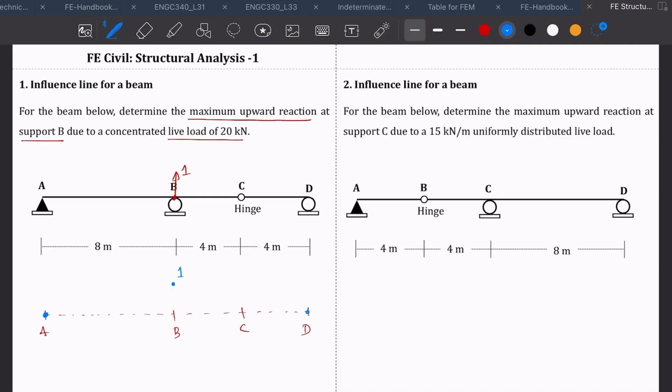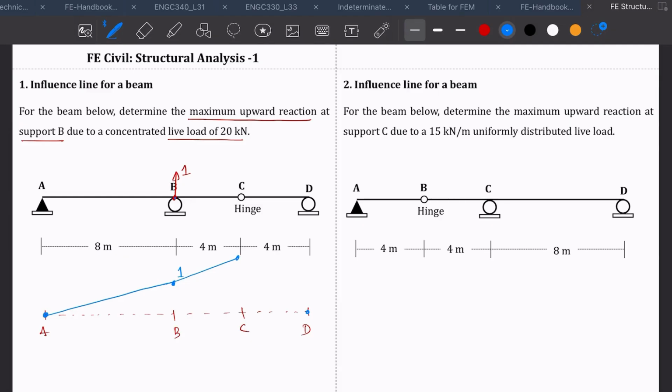So in this case, we'll have to draw a straight line to 1. Okay, so now the concept is, what do you do? Do you have to come down, or do you go straight like this, or do you go up? In Mueller-Breslau principle, at joint B you're not supposed to bend or break the joint. It should maintain the continuity. So if it has to maintain the continuity, that means it has to maintain the same slope till it reaches